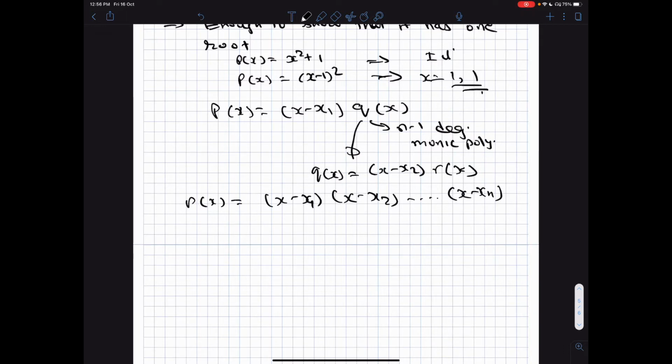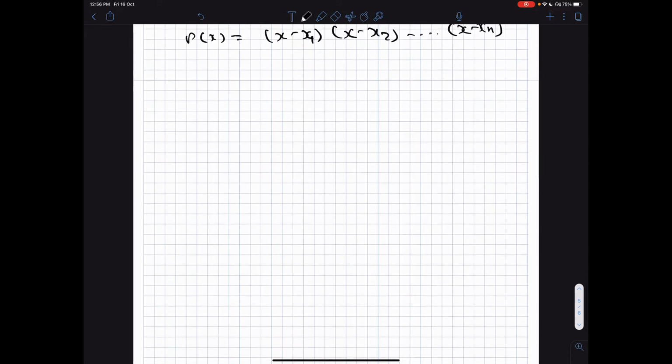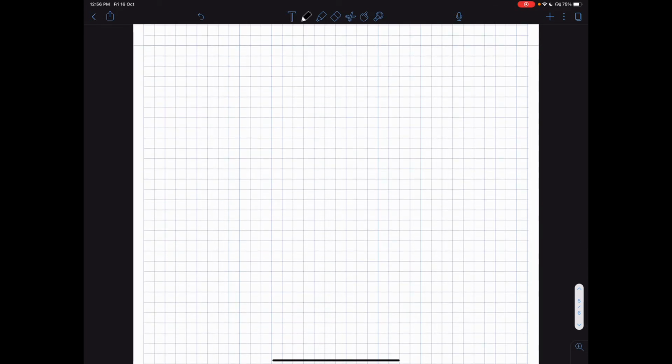So essentially, to prove the fundamental theorem of algebra, that it has n roots, all I need to show is there is one x star such that p of x star is equal to 0. This is all I have to show. And even though I have taken real coefficients, x could be complex, as my previous discussion just showed you. So what is the minimization problem that one can think about if I want to show that p of x star is 0? Will this work: minimize just p of x?